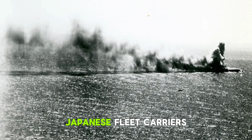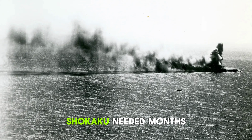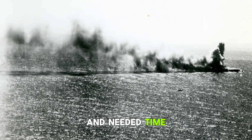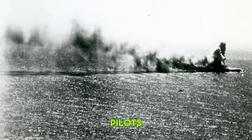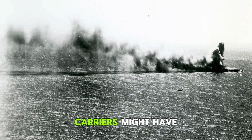Moreover, the two Japanese fleet carriers were knocked out of action. Shōkaku needed months of repairs. Zuikaku's air group had suffered heavy losses and needed time to train replacement pilots. Both carriers would miss the Battle of Midway 1 month later, and at Midway, those two extra carriers might have